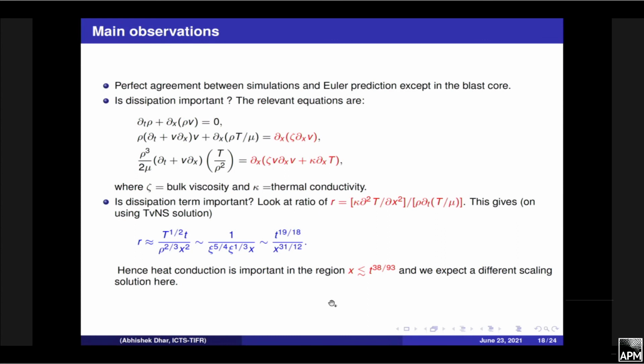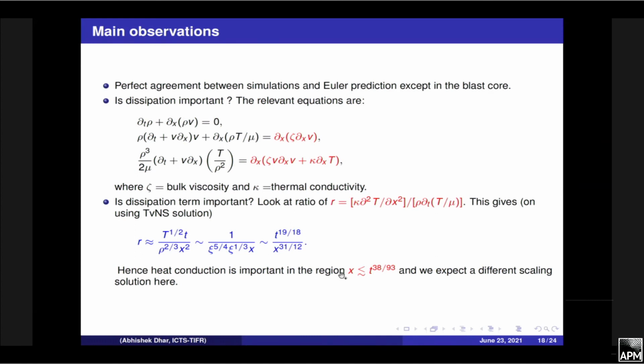Okay, so therefore, in these kinds of regions in space, these terms start becoming important, and this precisely is the core region. The size of the full blast is t to the power 2/3, and that is, of course, much larger than this power out here. So this is some core region in the blast. There's an overall blast region, and then there's a core region which has this length scale given by this,